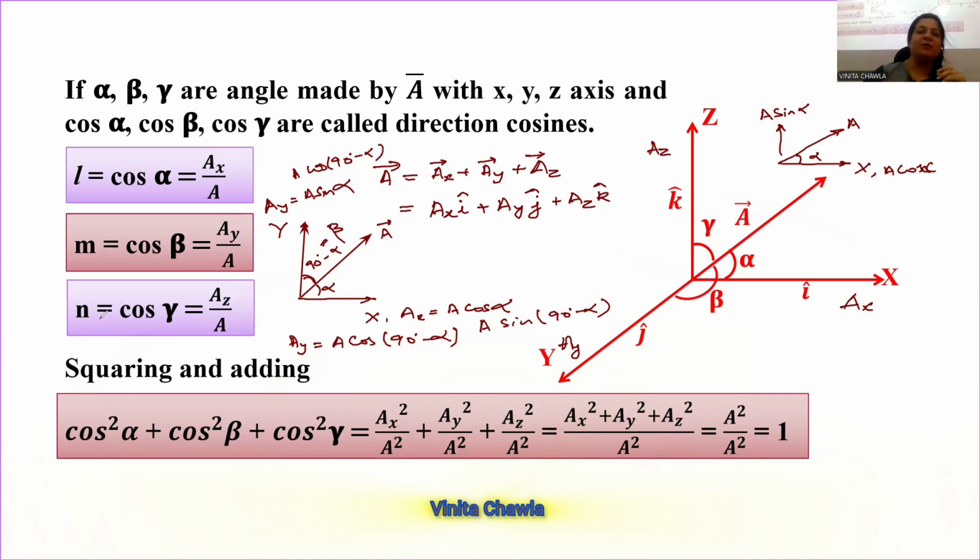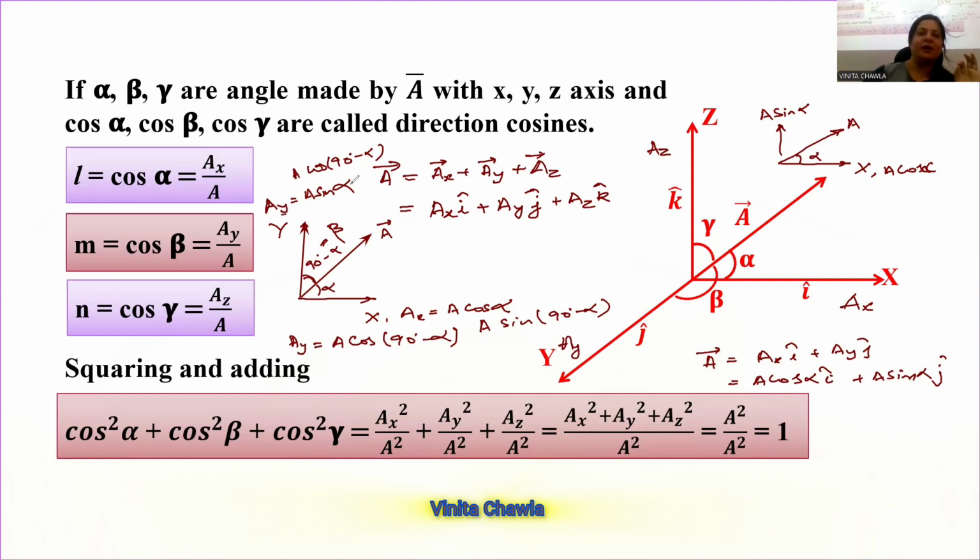ठीक है। So instead of writing, see we write like this na, because we have this vector a, so we write vector a as ax i cap and ay j cap, and in polar coordinates we write vector a as a cos theta i cap, a sin theta j cap. This is what we do. We have alpha here, so write alpha. Let's write alpha. क्या फर्क पड़ रहा है ना। तो यहाँ पे हम a cos अल्फा i कैप ले लेते हैं और यहाँ पे हम a sin अल्फा j कैप ले लेते हैं, ठीक है।